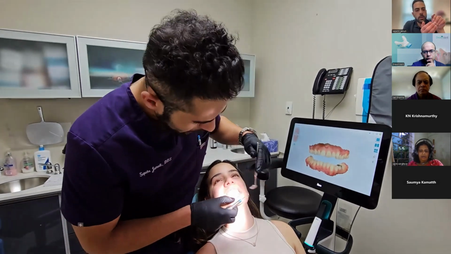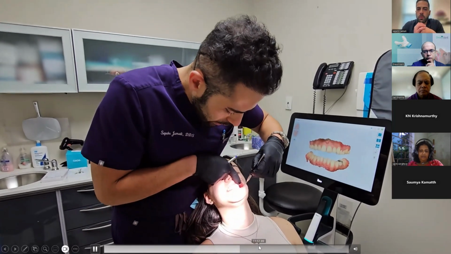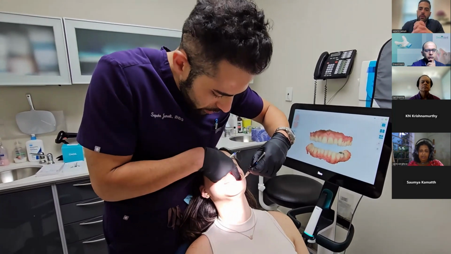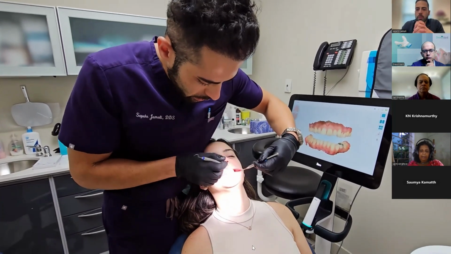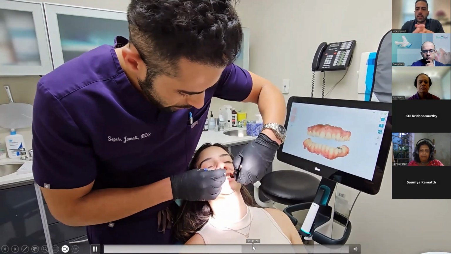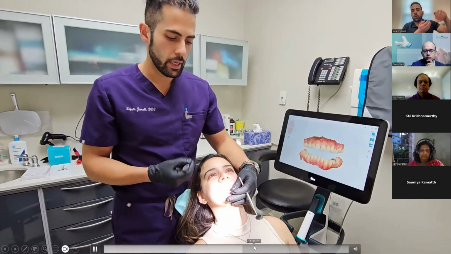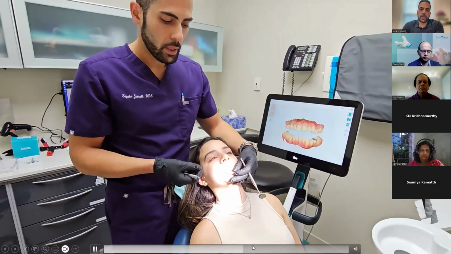If we start edge to edge position, we are still bringing the lower jaw 5 millimeter forward. So that on its own can give us some opening of the airway. So it's a very good starting point. And if you see the patient is very severe, has a severe overjet, more than that, sometimes we can use